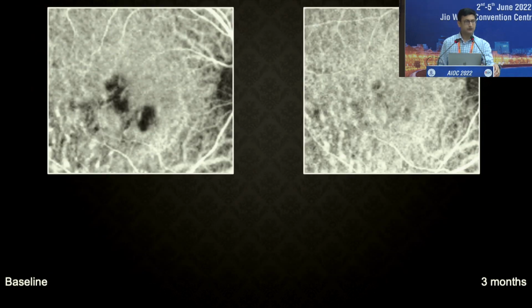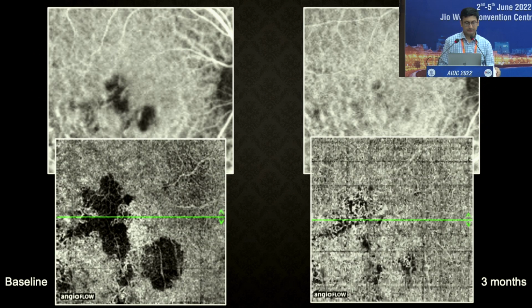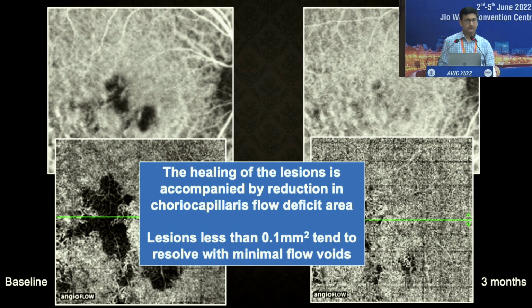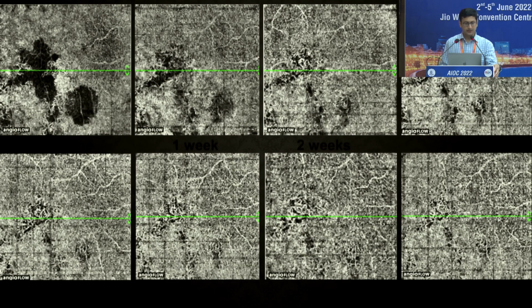And of course, this is the blown up ICG image where you can look at the choriocapillaris hyporeflectivity or loss of choriocapillaris in patients of choroiditis. And if you are treating with an adjunct corticosteroid, we realize that if you keep the area of flow deficit less than 0.1 millimeter, these patients have minimum disturbance in the flow void areas. So like this patient, for example, this patient healed very well over a period of 6 weeks.